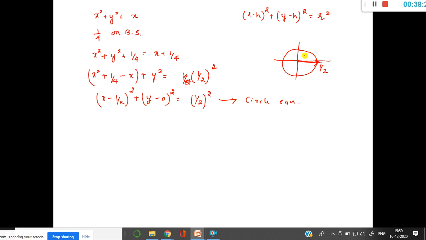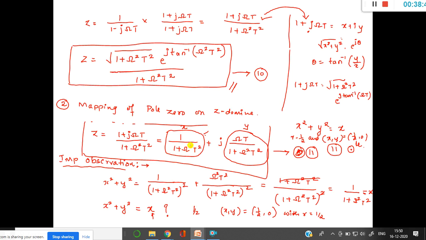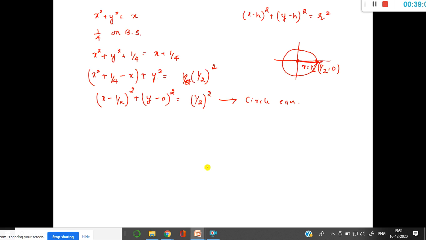y-axis is 0 totally. So it is r equal to 1 by 2, and this is 1 by 2 comma 0, the distance. This is how I call this equation x square plus y square. See, my equation here is z equal to 1 plus j omega t divided by 1 plus j omega square t square, which is nothing but a circle equation. That's it. It is giving me a circle equation with radius of 1 by 2, which means that the z